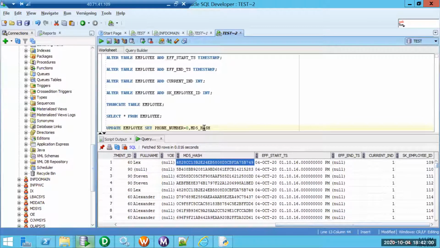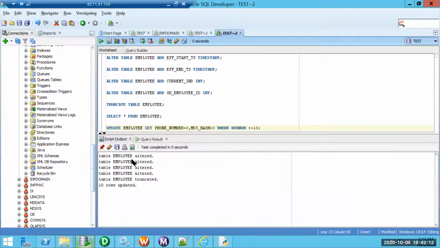I'll say MD5 hash equal to 0 where row num less than or equal to 10. 10 rows got updated. I'll commit it.